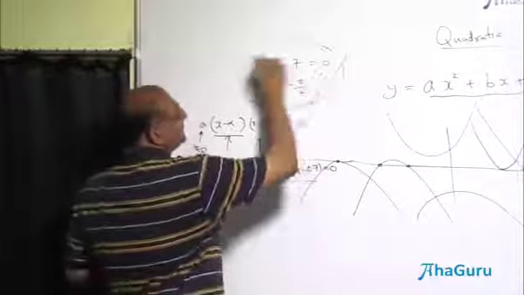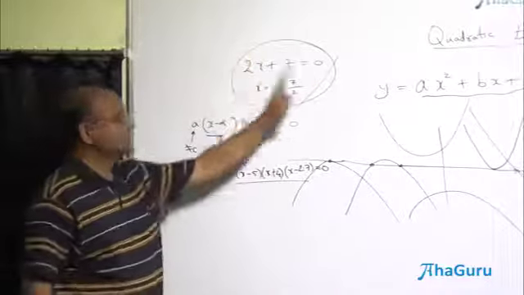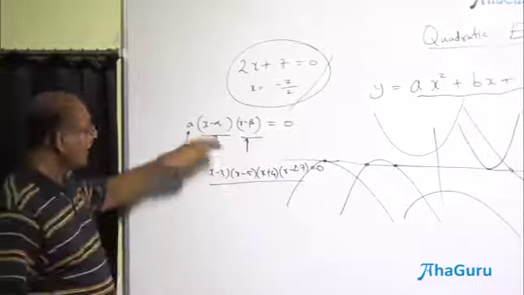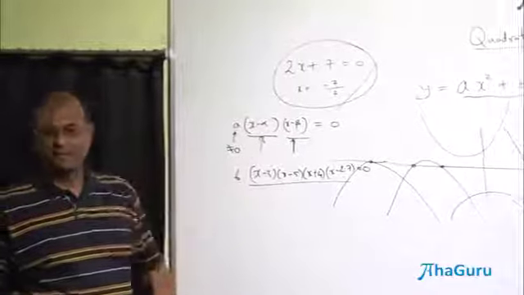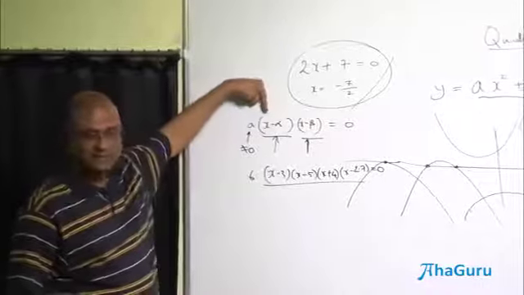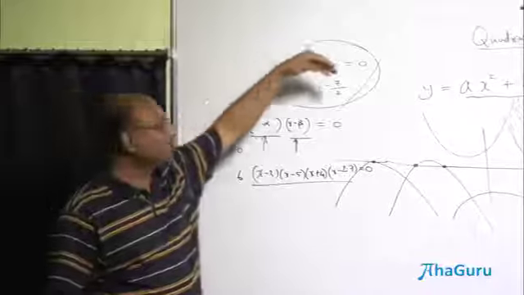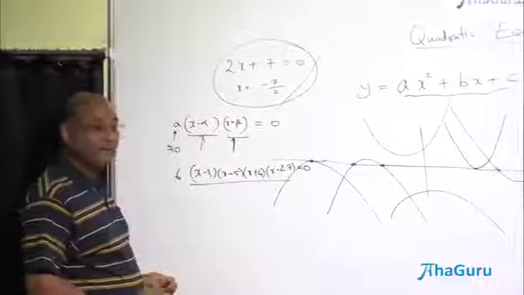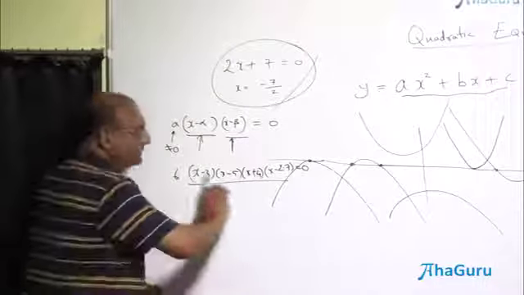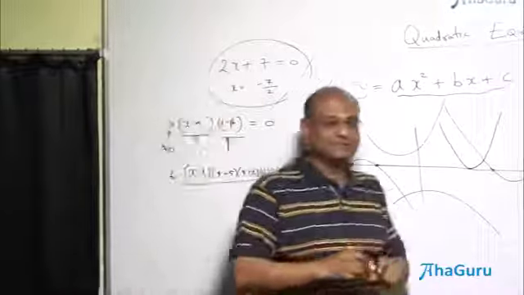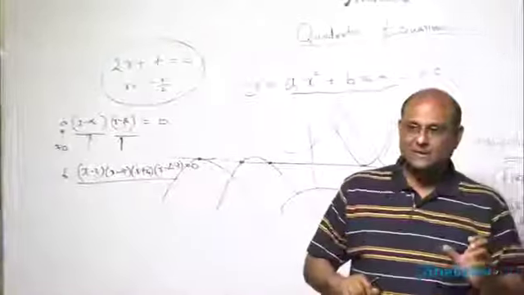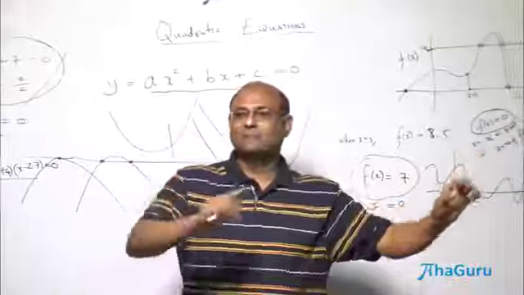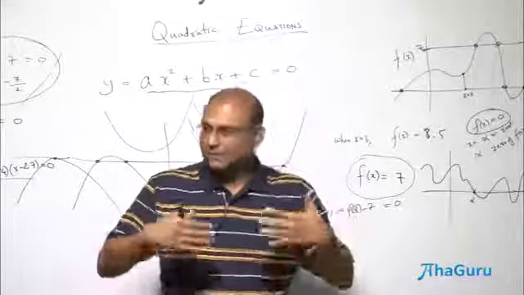You see, linear equations are very easy to solve just by transposing this. Take this side 7 to that side, minus 7 divided by 2, you are done. Everything else, every single thing else depends on one idea, which is this. Quadratic starts off with this. There is one more trick for quadratic, but for everything else, you have to try and see if you can factorize. So if you can write it as a bunch of factors, then the idea is, if you have a bunch of factors that's equal to 0, then one of them must be 0. So that gives you a simpler way to solve it.